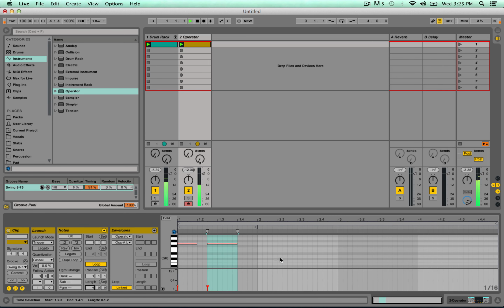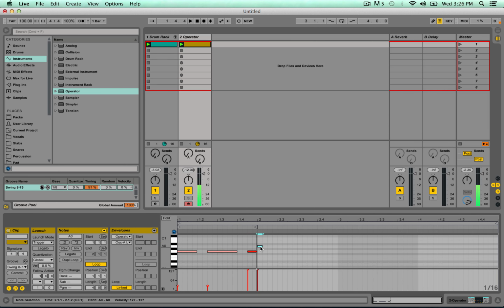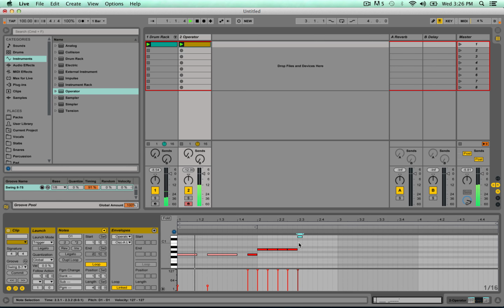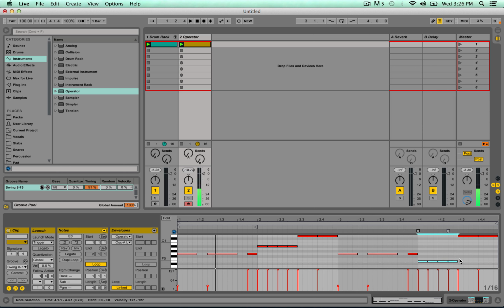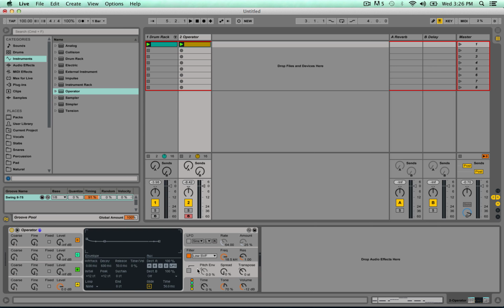Let's change the length of this up a bit. Awesome. I'm just going to go into the operator and we're going to turn a pitch envelope on,